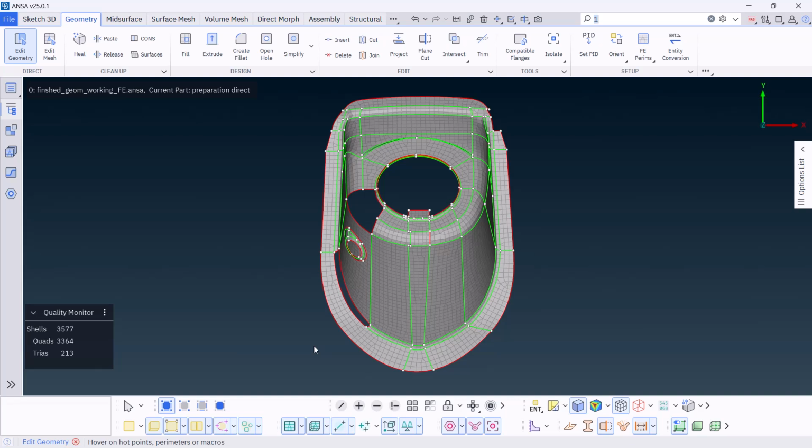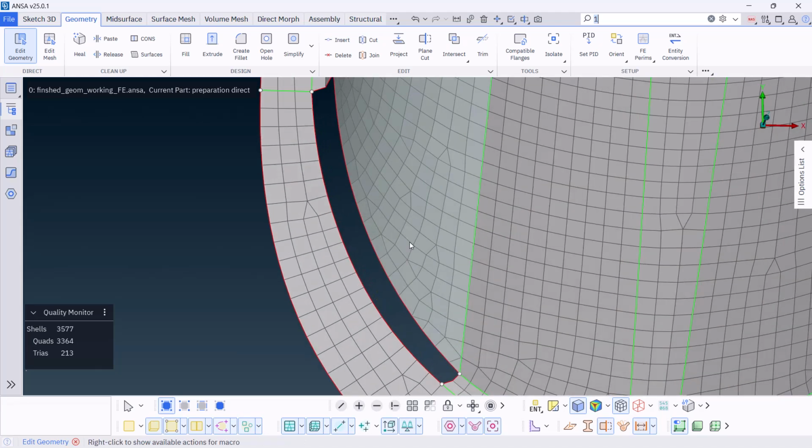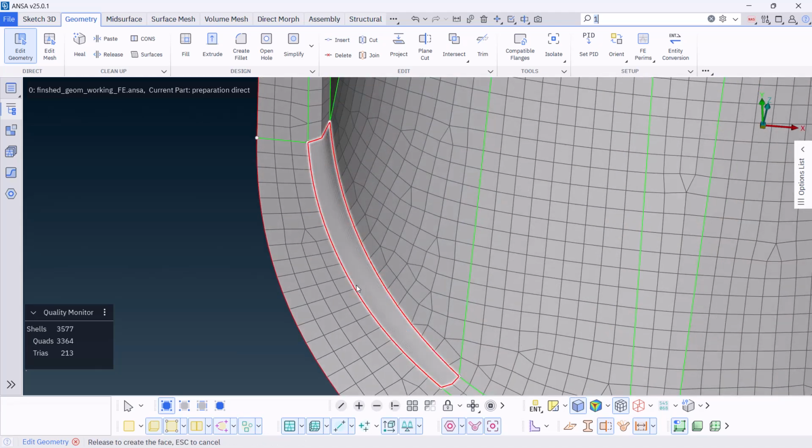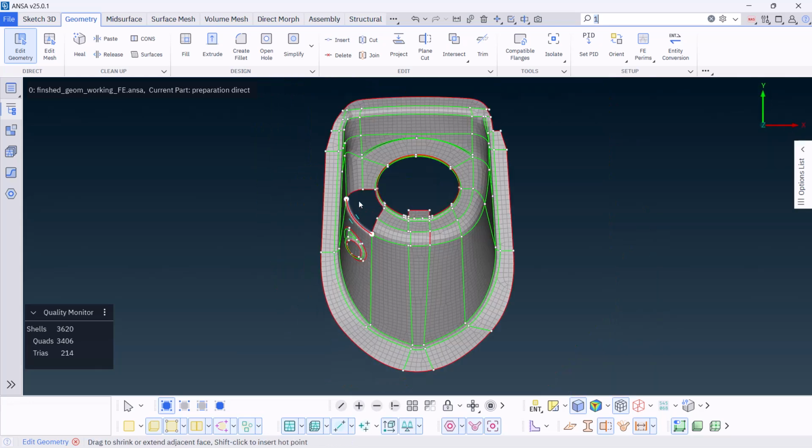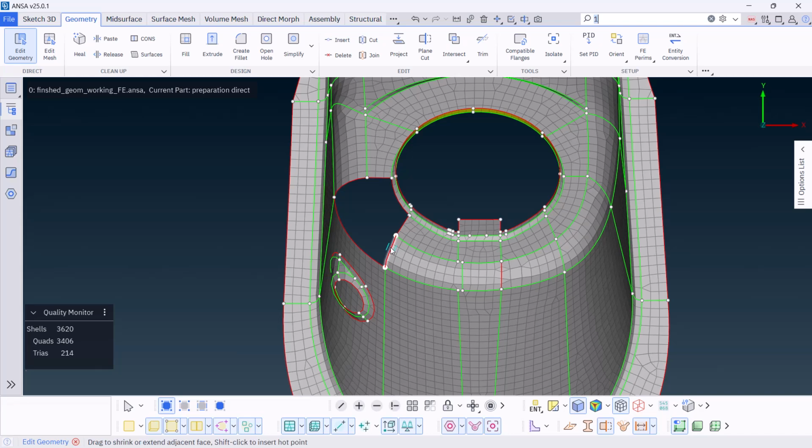Now, the same tools that were used to defeature the geometry model consisting of faces will be used to defeature the FE-based model. Hover over a single bound to highlight it and drag it to the opposite edge to fill the area. As you can see, ANSA will automatically create the new FE area respecting the mesh of the adjacent ones and the global settings applied to the whole model.